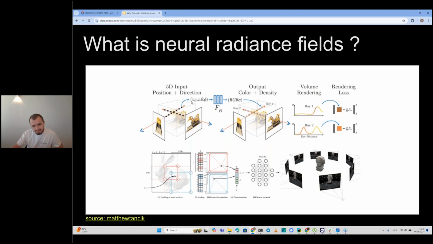Feed this input into the neural network and train it to output RGB and an opacity parameter as a result of inference of this neural network.